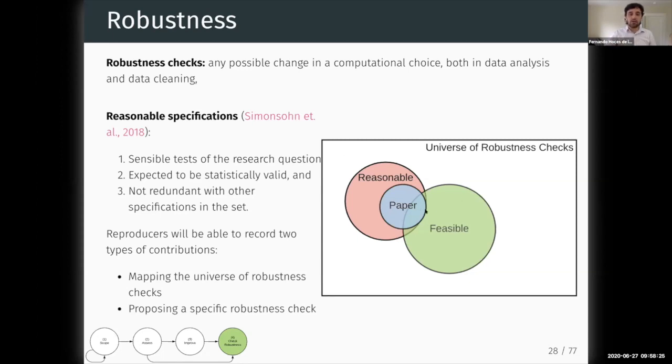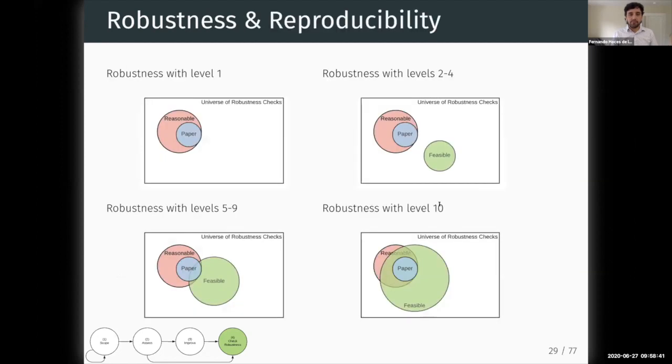intersection between reasonable and feasible. So we will ask them to describe the validity of the research question, one line justification of the validity, one line of justification of how sensible is the test, and things like that. And one important thing to emphasize is that the amount of robustness checks, the extension of robustness checks, is going to depend directly on the